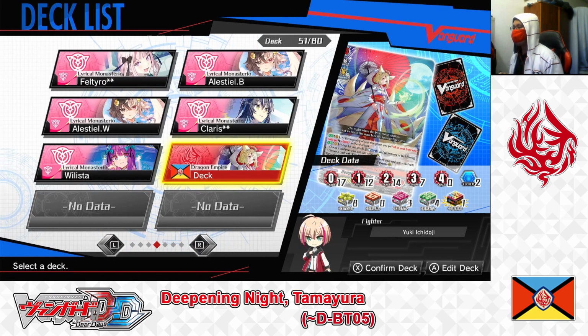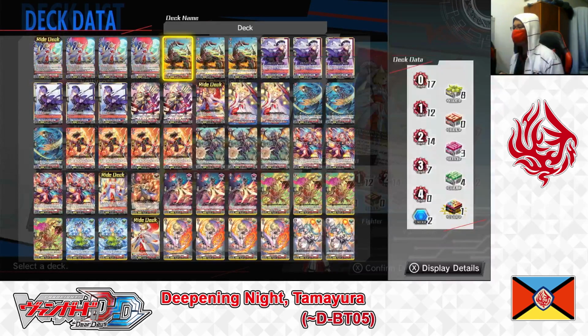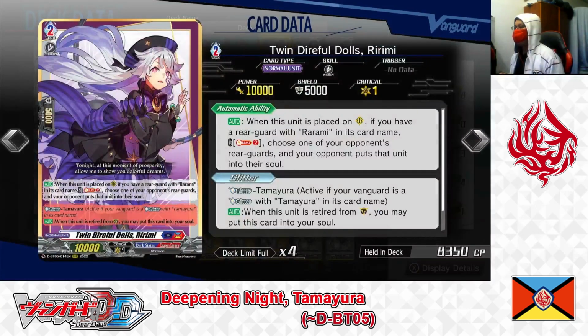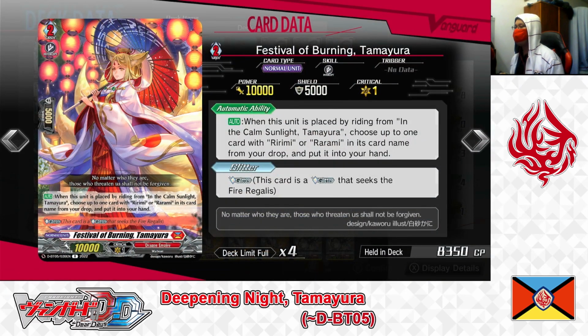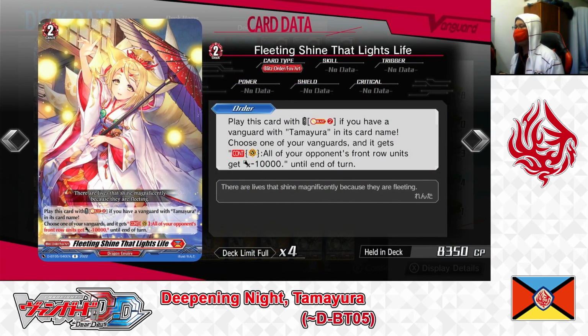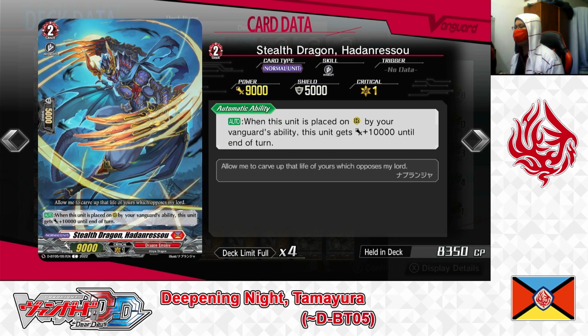Deck's been saved, so for the cards in this deck we're playing 4 Grade 3 Deepening Knight Tamayura, 3 Grade 3 Excavation Dragon Burial Dignal, 3 Grade 2 Twin Direful Dolls Rarimi, 3 Grade 2 Twin Direful Dolls Rarami, 2 Grade 2 Motive Stealth Rope Tsumugi, 1 Grade 2 Festival of Burning Tamayura, 2 Grade 2 Fleeting Shine that lights life, 3 Grade 2 Stealth Dragon Hadan Reso,